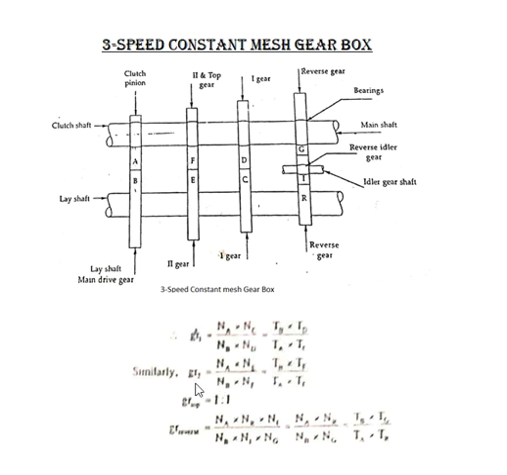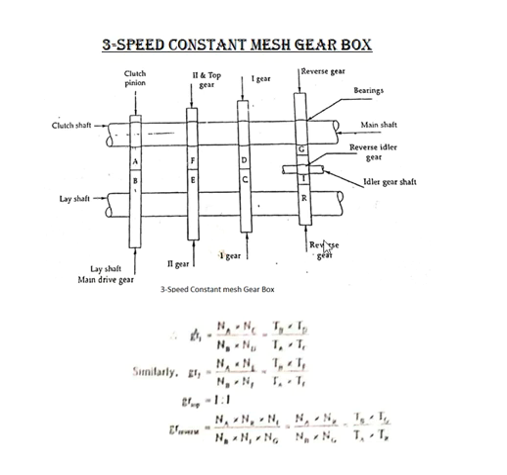Similarly, second gear ratio: clutch shaft to the lay shaft to the E gear on the lay shaft to the F gear on the main shaft. So GR2, gear ratio 2, is NA by NB into NE by NF on the basis of speed. On teeth, TB by TA into TF by TE. So these are the two gear ratios, and top gear is 1:1, because the main shaft is directly connected to the clutch shaft.